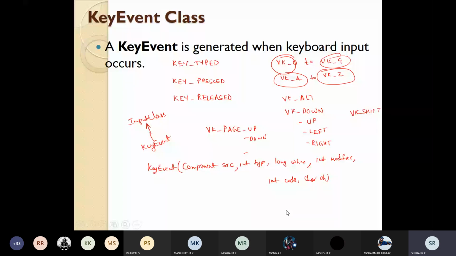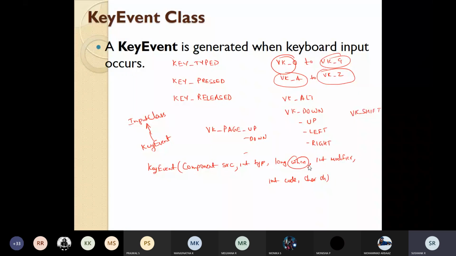Here src means it is the reference to the component which has generated the event. The type of the event is given by the type parameter. The time at which the key was pressed or released is given by the when parameter.